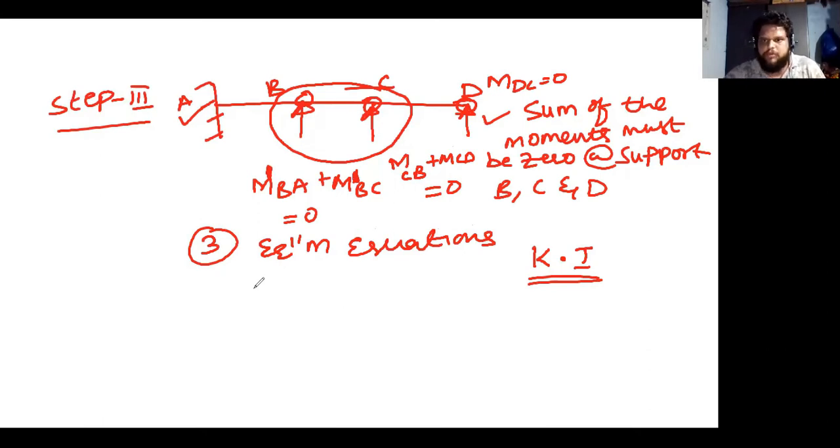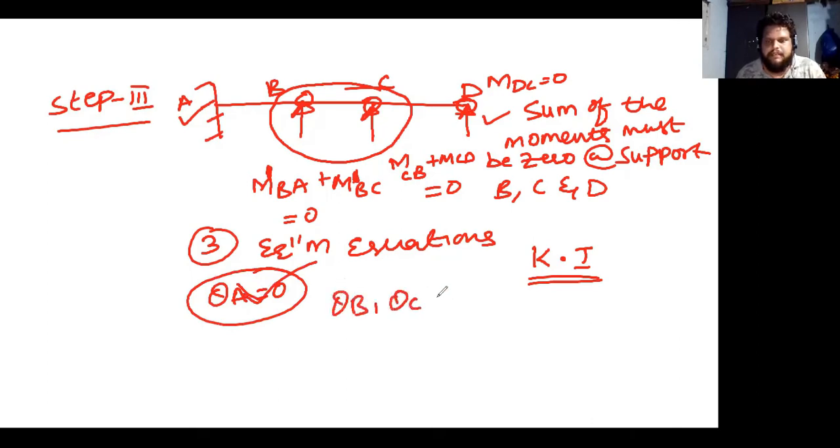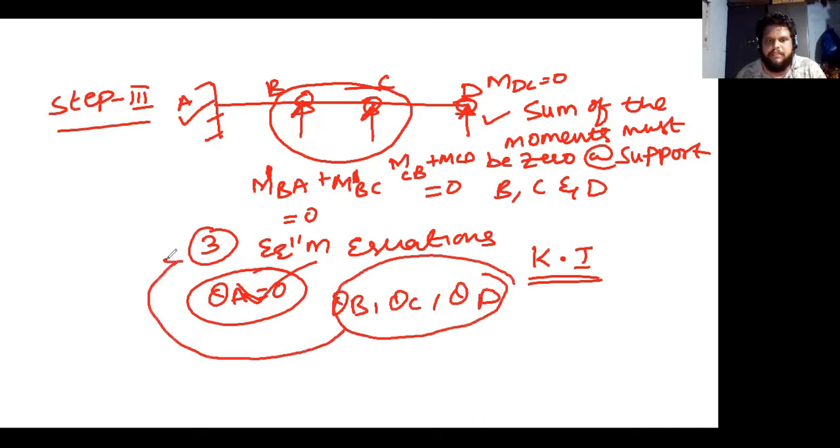Okay, it is with respect to the degree of freedom. So now theta A is 0 because you know the slope directly, but theta B, theta C, theta D are unknowns now. So for calculating these 3 unknowns, the number of additional equilibrium equations required, other than the compatibility equations, how many equilibrium equations are required? 3. How 3? These are the 3 displacements.